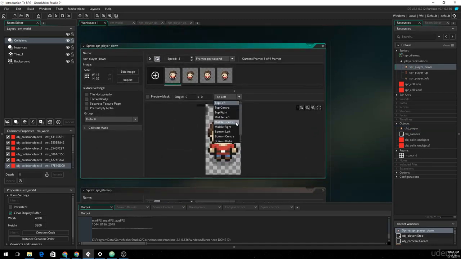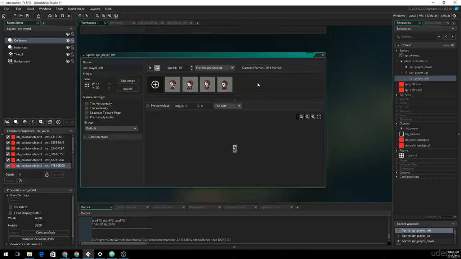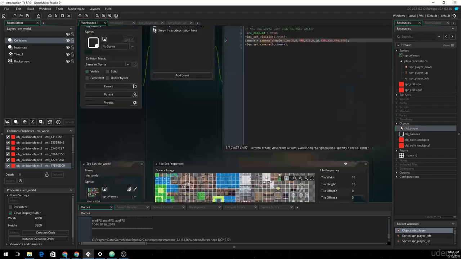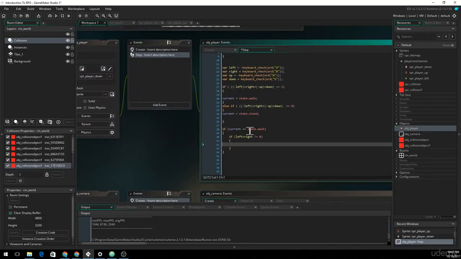Now you're going to want to center these sprites, so let's go ahead and do that now. There we go. So they're centered. And if you don't center them, they're going to look a little bit weird. But if you do left plus right, we're going to do image X scale equals left plus right. And we're going to do the exact same thing. So remember, with move, it was either -1, 1, or 0. This is either going to be -1 or 1. And we can do the same exact thing